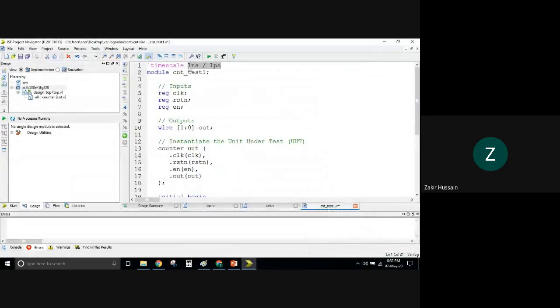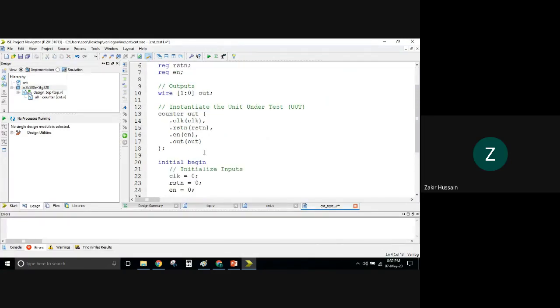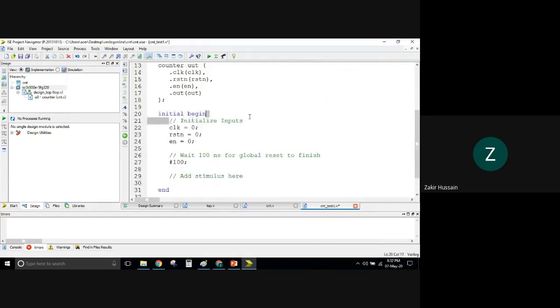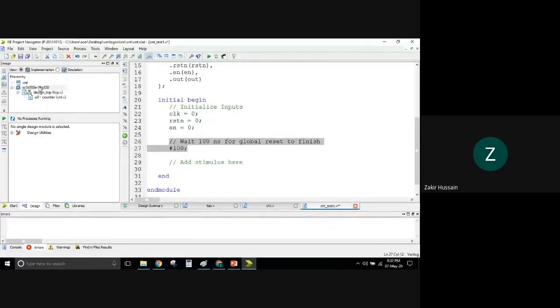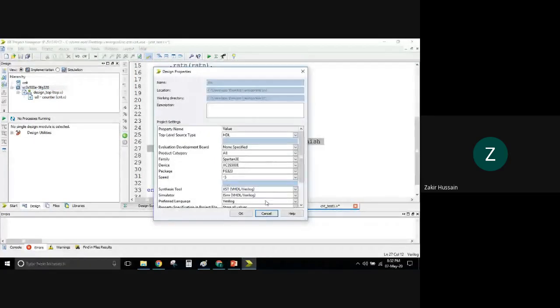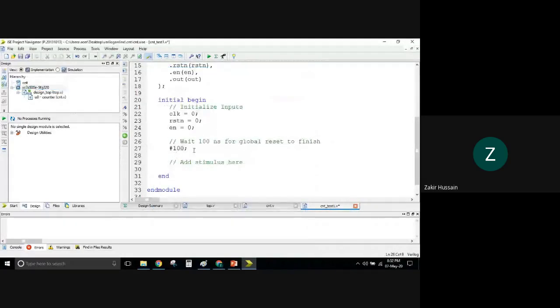So let us come back here. That is what about why we are using backward time scale. Now you got to know why this tool has initialized these inputs, and why this 100 nanoseconds is the global reset. I explained this briefly. Well, it's an advanced topic. While we are really going to configure this device, we have to deal with this. How to deal with this, in the advanced course I will cover. For now, what I am going to do is teach everyone who is not aware how to develop a test bench for this counter.